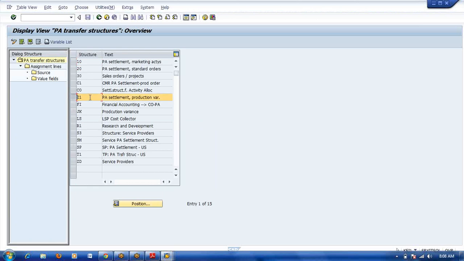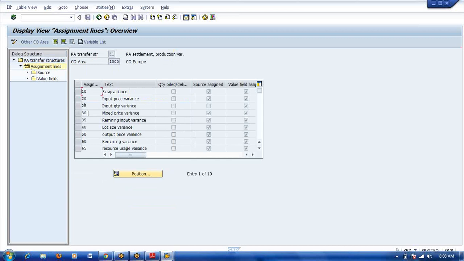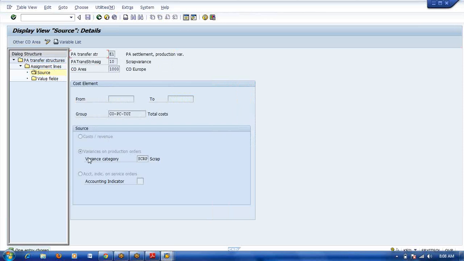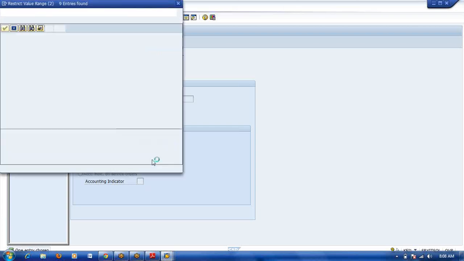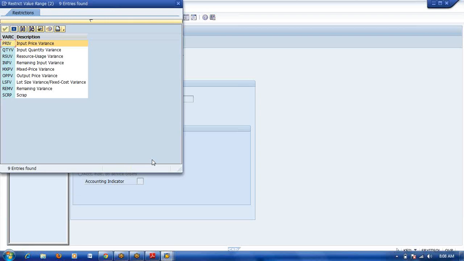Okay, this is the production variance settlement profile. Select scrap variance. Here double click on source. Here they will select variances on production orders. This radio button they will select and they will give the variance category, whether it is scrap variance, input price variance, or input quantity variance.